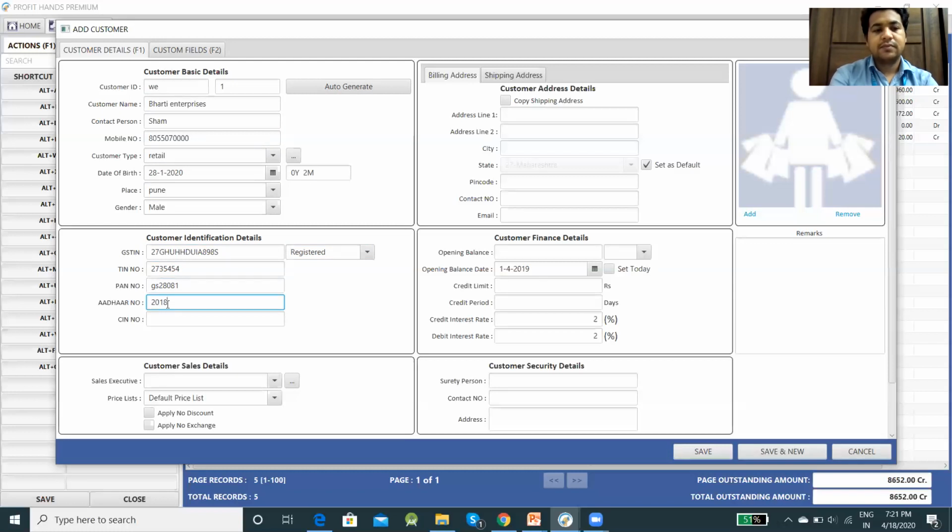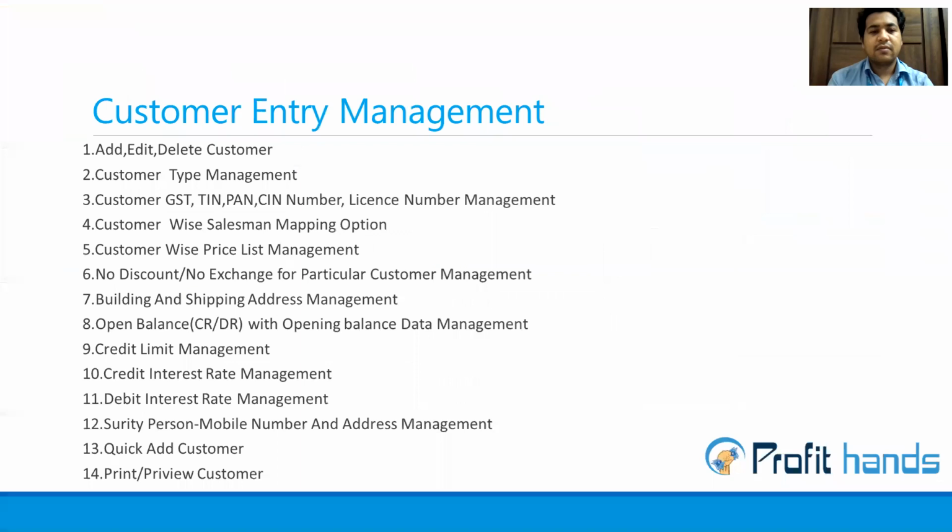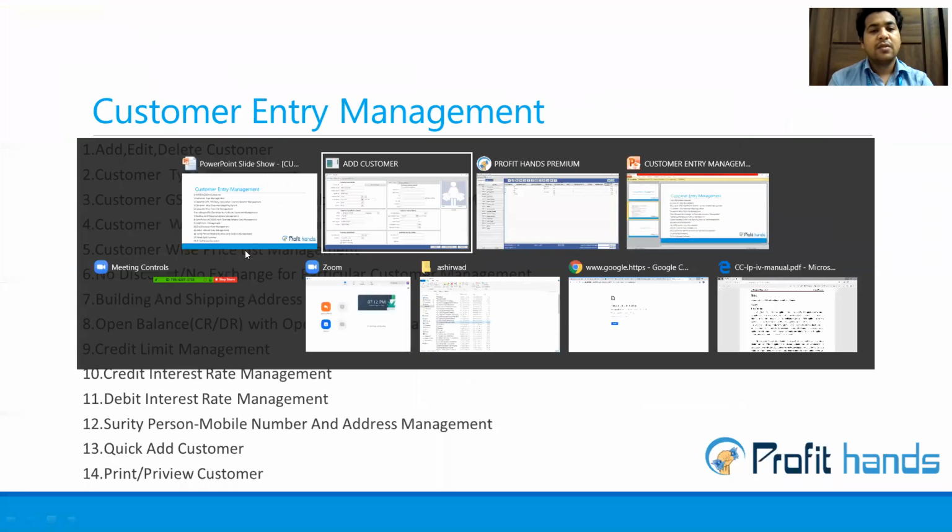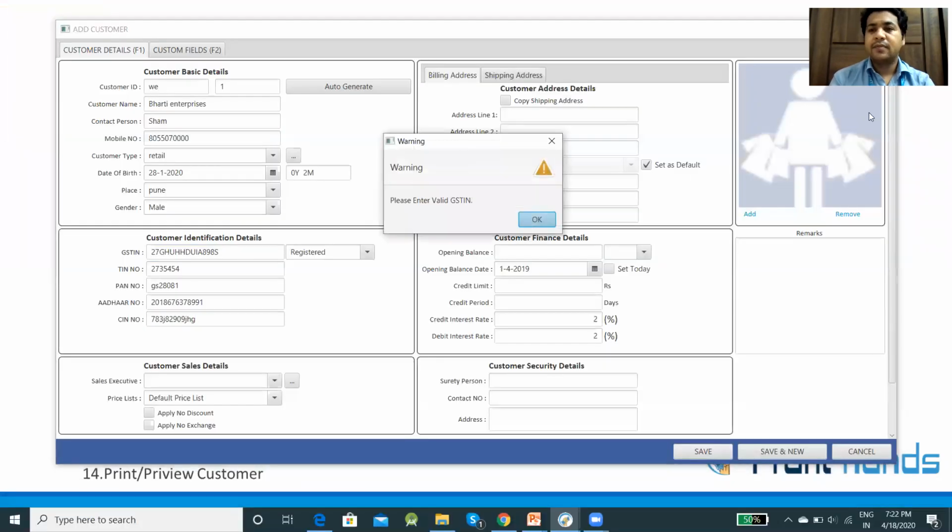Aadhaar number, and if you have SIN number, you can mention it over here. So in this way, you can add the customer identification details over here. Then for the next point, we will go how to map this salesman and price list to this. So we will open it.